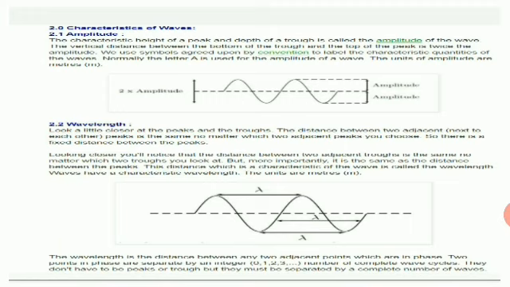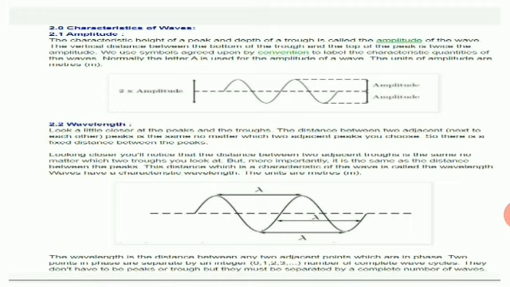So there are some characteristics of the waves also, just like the sound waves. These electromagnetic waves also have amplitude, wavelength, velocity, and frequency. Dealing with all these characters of the waves, first one is your amplitude. It is the height of the crest or the depth of the trough of the wave, and it is expressed by the letter small a. The amplitude of the wave determines the intensity or the brightness of the radiation. More the intensity, more will be the brightness of the radiation. Lesser the amplitude, lesser will be the brightness of the radiation.